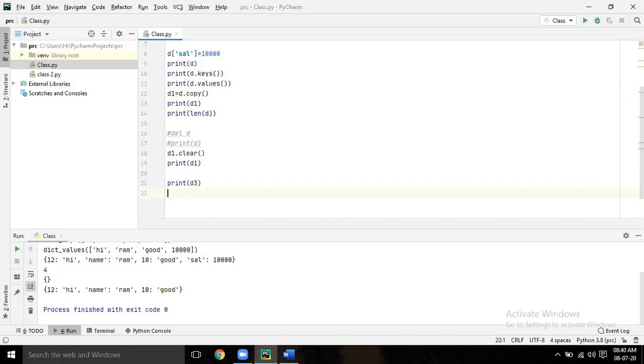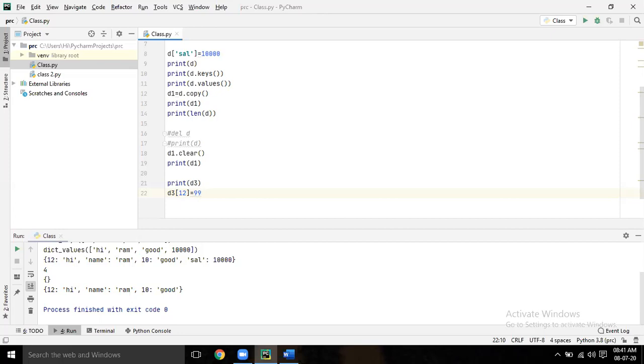Now write D3 square bracket 12 equal to 99. That means what is D3 of 12? It is nothing but hi.